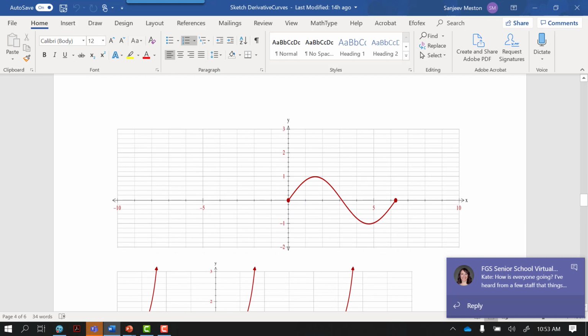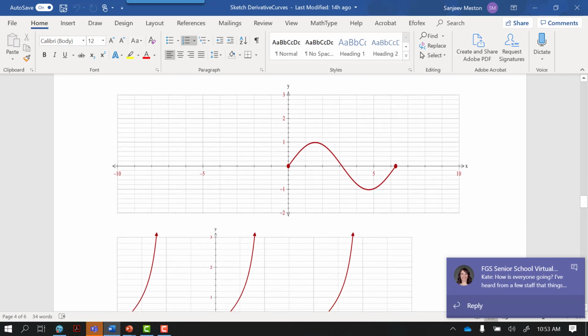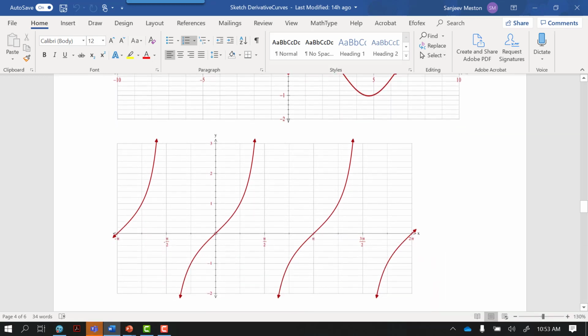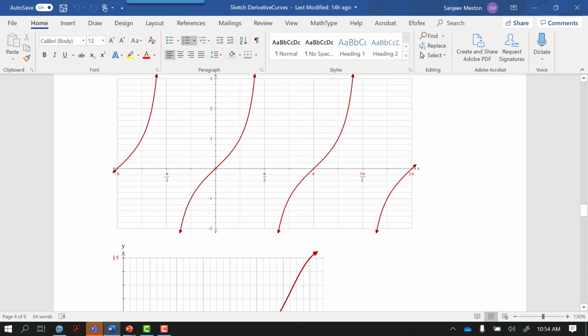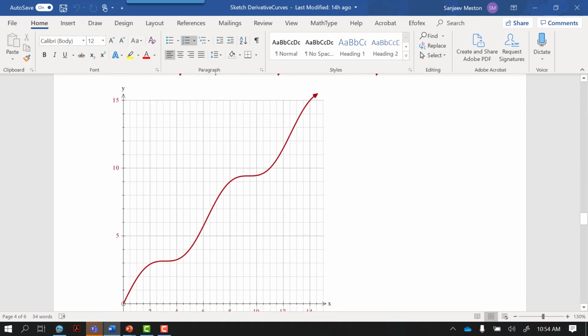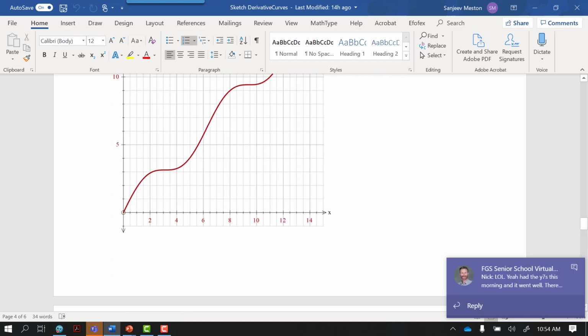This one here is a sine function, and maybe once you've done the derivative curve, you'll know what the derivative of a sine function is. This one here is tan, which again may be slightly challenging. So the graph for the derivative of tan x would be an interesting one. This here is a combination of two functions, sine x plus x, and you will see in this particular case that the gradient actually does become 0 in between, but the gradient is always positive. The gradient at no point is negative. So this would be an interesting curve for you to plot.